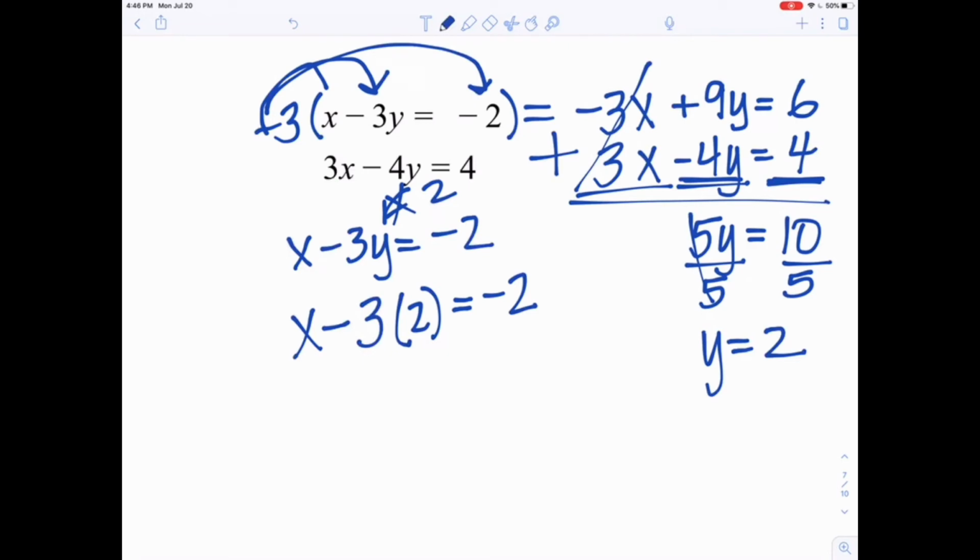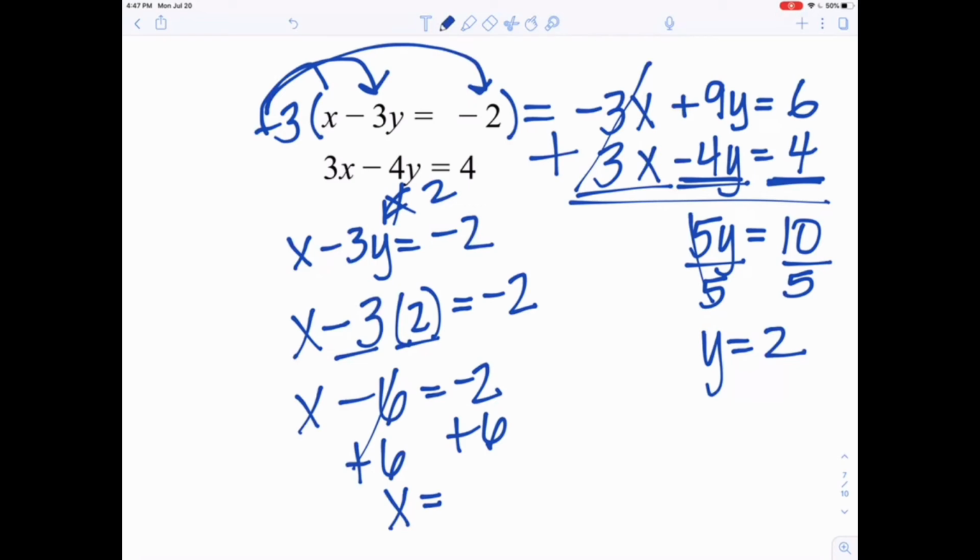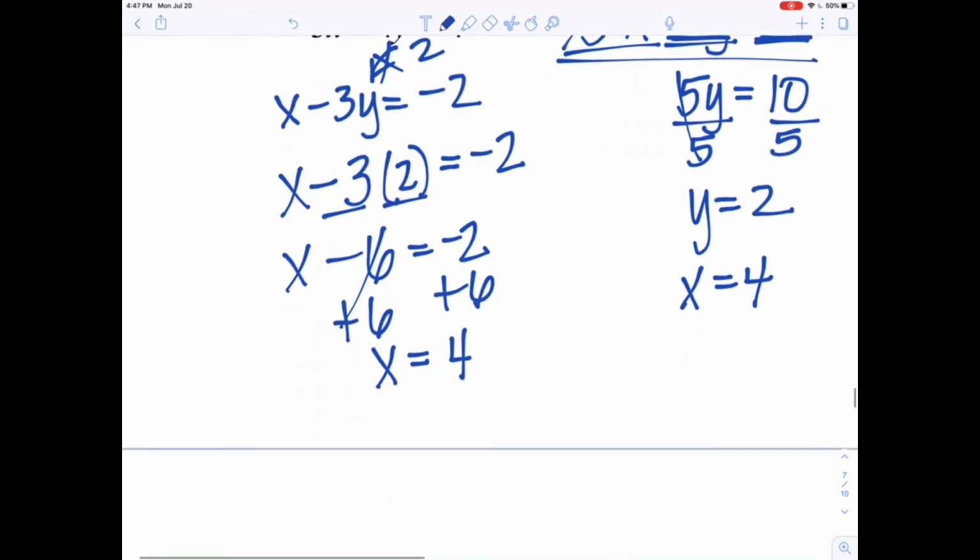Okay, so now I'm going to multiply. X minus 6 equals negative 2. I got that because negative 3 times 2 is negative 6. And this 6 is being subtracted from the x. So to get rid of it, I'm going to add 6. I'm doing the opposite. X equals negative 2 plus 6 is positive 4. So y equals 2, x equals positive 4. Okay? All right, so now